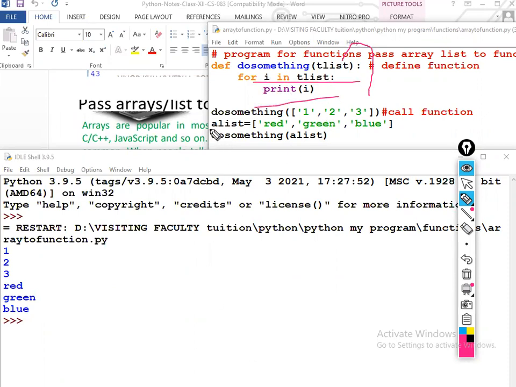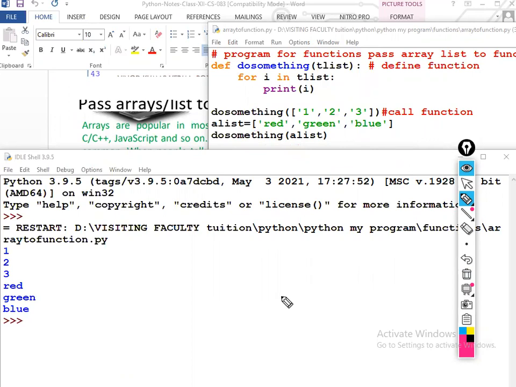Then second, a list equals 3 values, again we have passed it. Here we take the 3 values, assign them, and pass the list as an argument. In this situation, all 3 parameters pass as a single one. This is the difference. So we have called it 2 times. This is the second time calling. I hope it is clear.